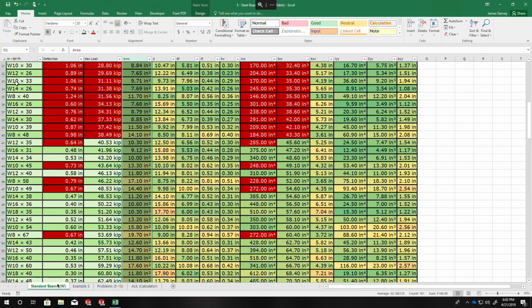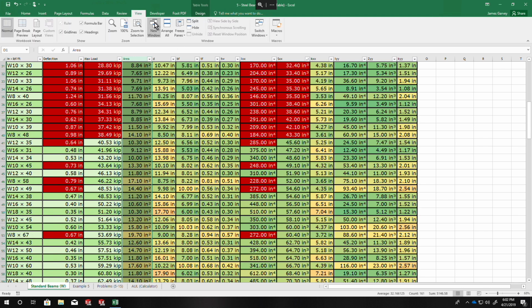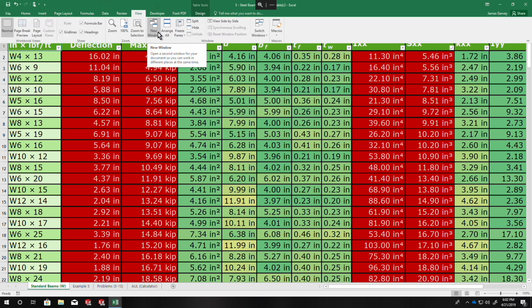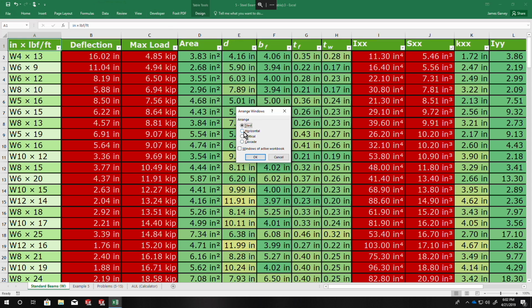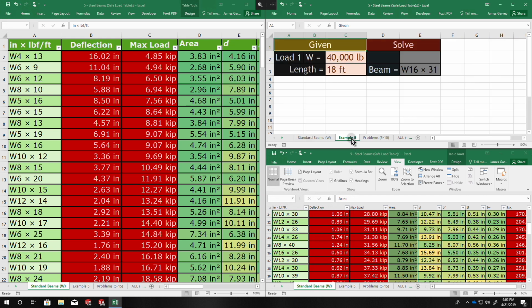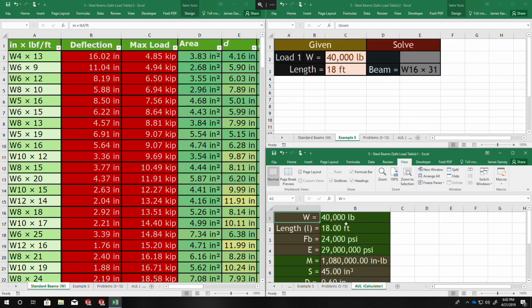If you want to open different tabs and different windows, which is kind of helpful with that calculator we're using, you can go to View, and New Window. And it doesn't seem like it did anything, but if I go View, and I'm going to want 3 of them, so I'm going to do New Window again, and then go Arrange All, and we'll want them tiled. So now I can have my example tab on this window, and my calculator up on this window. So when I'm changing things, I don't have to keep going back and forth between the different